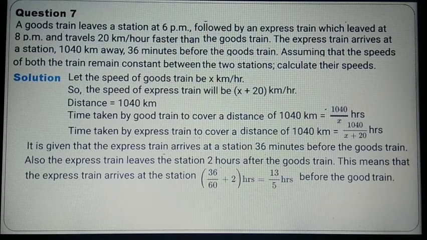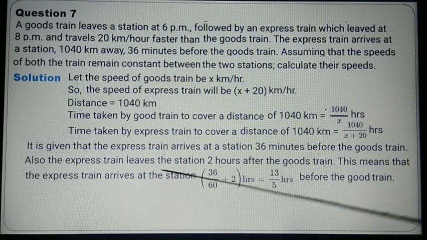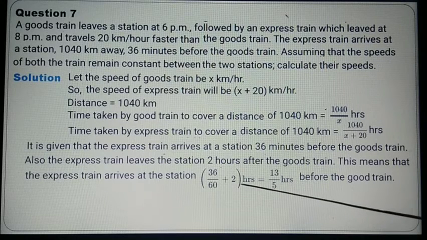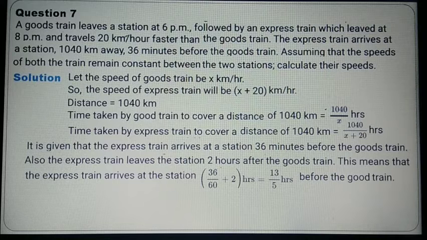So this is also clear to us. So this means that the express train arrives the station these many hours before the goods train. Suppose, let us imagine that both of them are starting at the same time. Okay, if both of them starts at the same time, then obviously